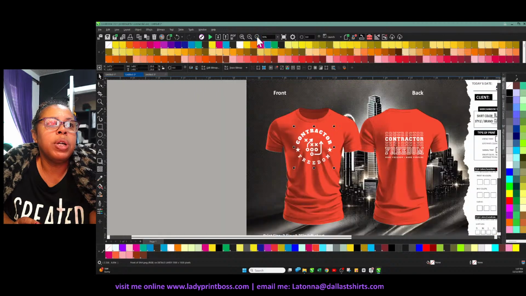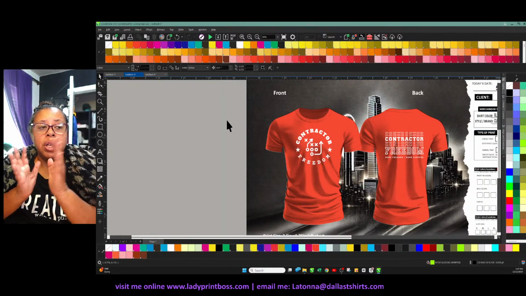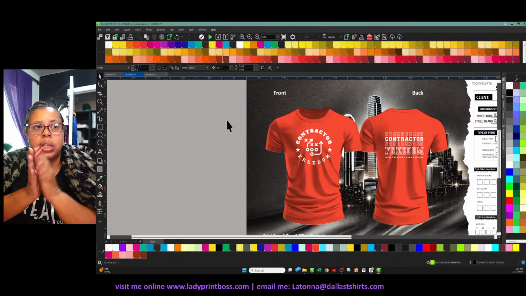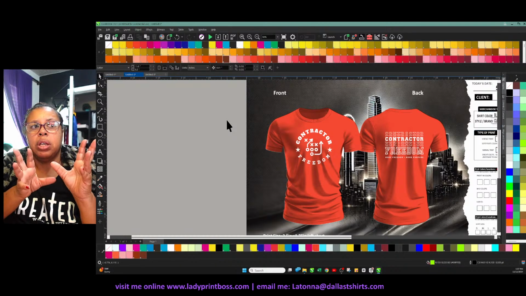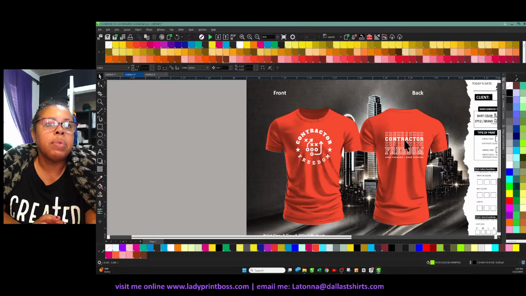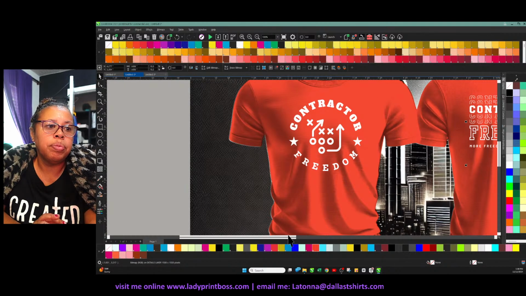My front prints are always going to be 10.5. On commercial prints, anywhere between 8.5 and 10.5, depending on the shirt. These are going to be Gildan shirts, so I'm going to do an adult shirt at 10.5. And then on this back right here where it says Contractor's Freedom,